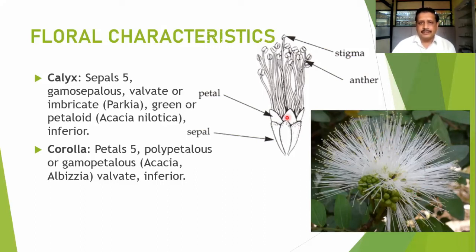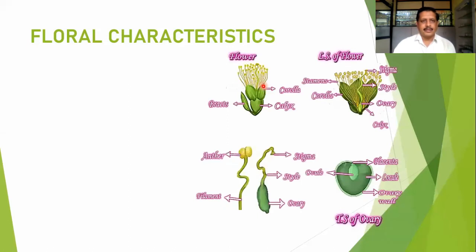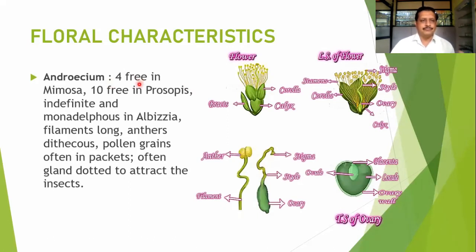So here you can find this is the style, slightly darker, shown here, the style of the flower. Stigmas are mostly capitate or simple, and these anthers are numerous in number. They may vary from 4 to 10 or sometimes indefinite. Here you can observe that 4 stamens are found in the genus Mimosa, whereas we find 10 free stamens in the genus Prosopis, and an indefinite number of stamens we find in the Acacia